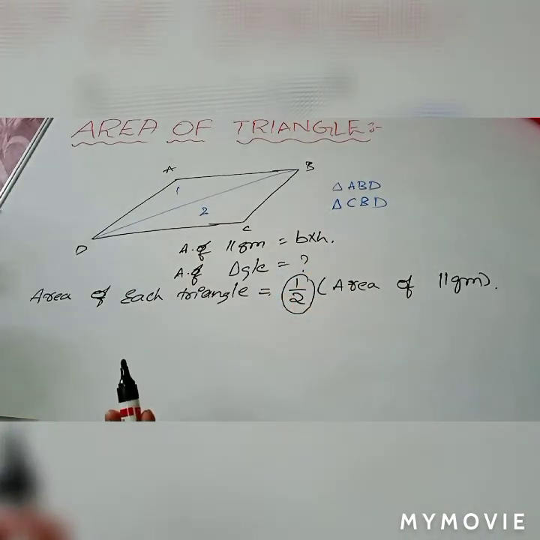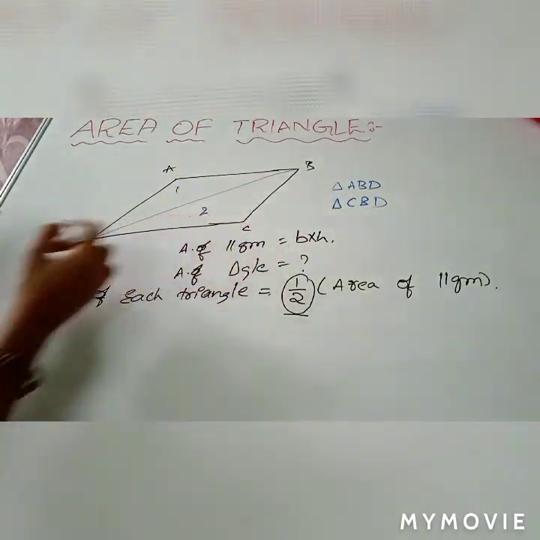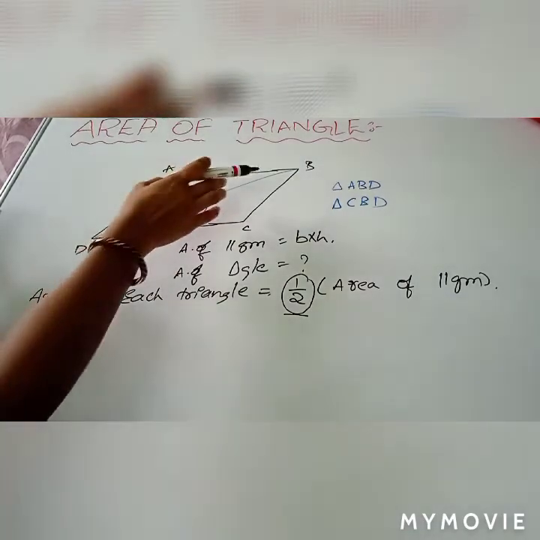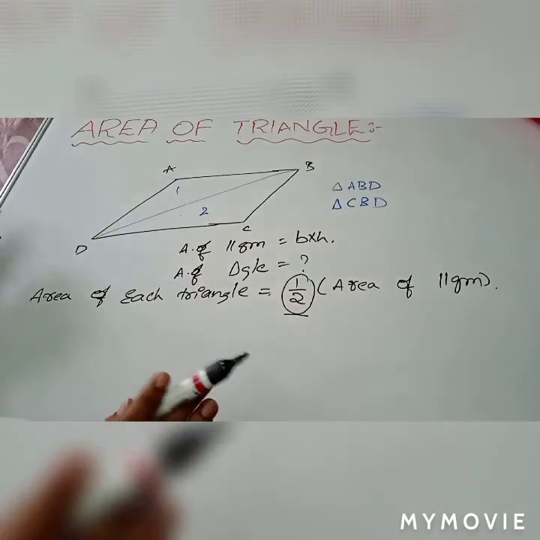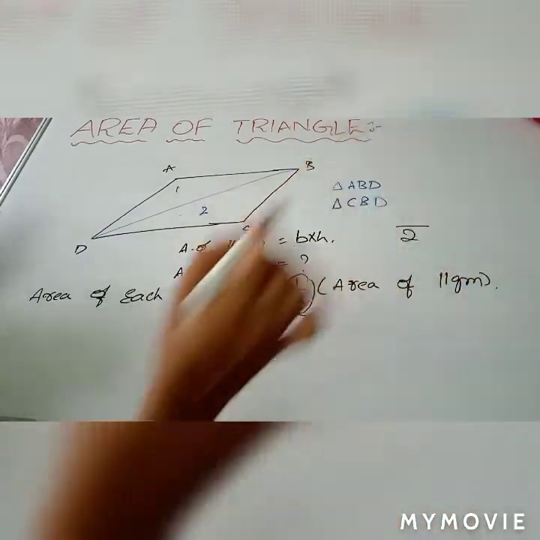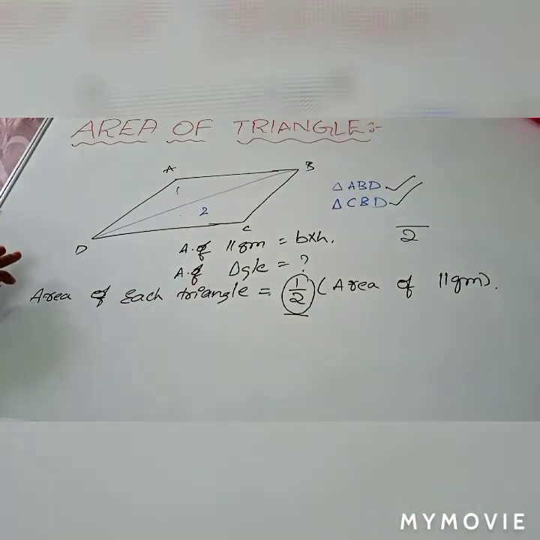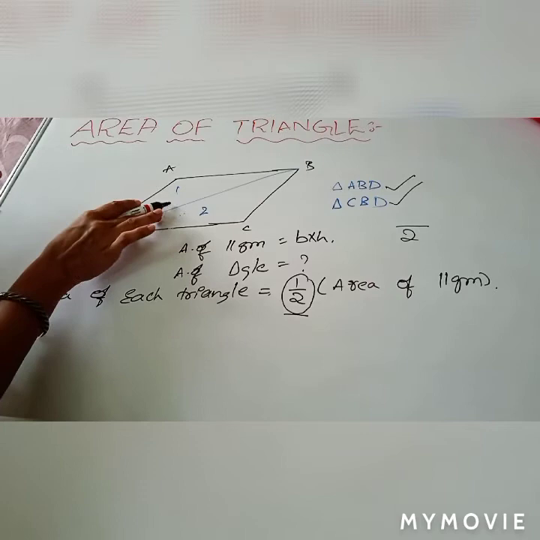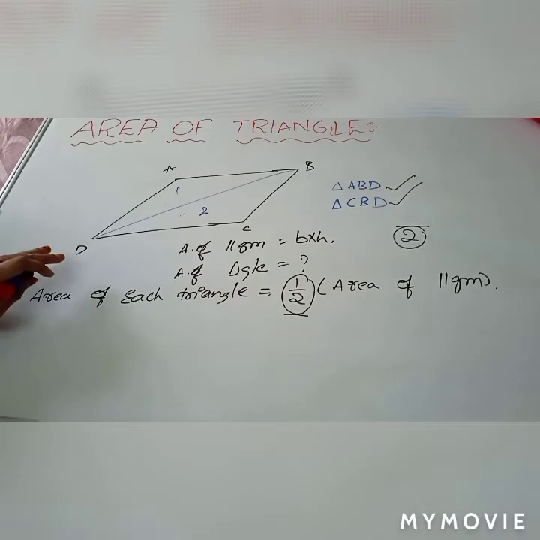This is your doubt, isn't it? Yes or no? Because see, this is the parallelogram and here we draw a diagonal. From this diagonal we got 2 triangles, isn't it? We got how many triangles? We got 2 triangles, triangle ABD and triangle CBD. Up to here clear? So we need to find the area of every triangle from this figure. So there are how many triangles? 2 triangles. So in denominator we write 2. We need to find the area of every triangle.